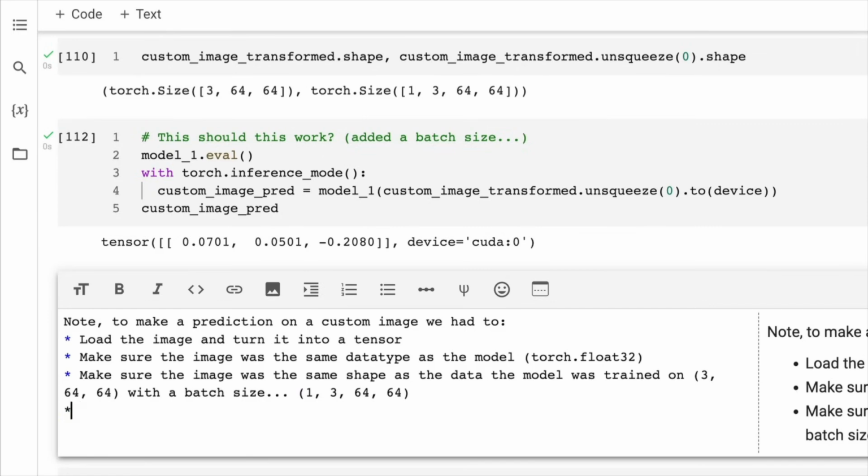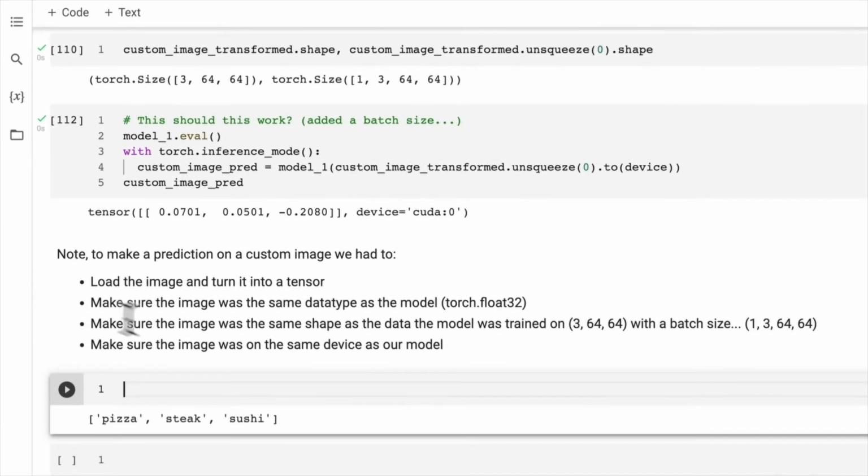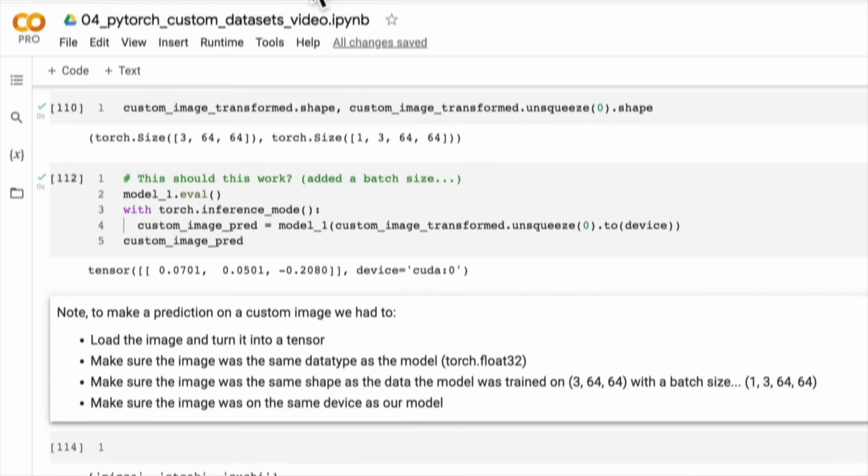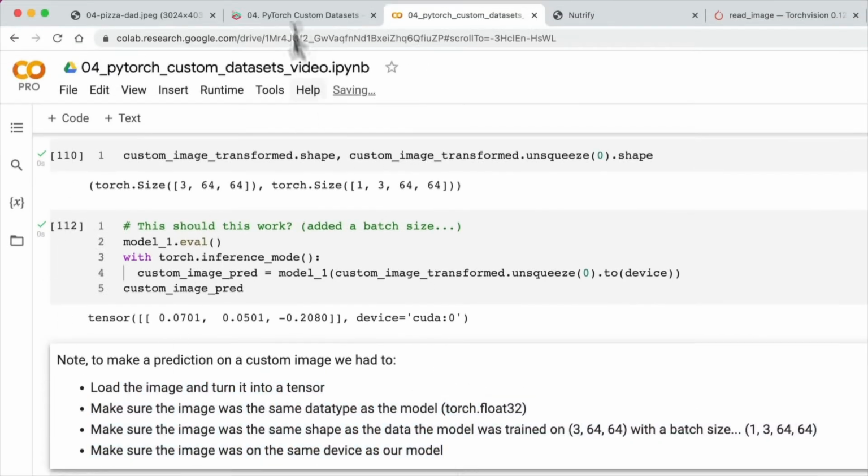64, and then finally we had to make sure the image was on the same device as our model. So they are three of the big ones that we've talked about so much. Same data type or data type mismatch will result in a bunch of issues. Shape mismatch will result in a bunch of issues, and device mismatch will also result in a bunch of issues. If you want these to be highlighted, they are in